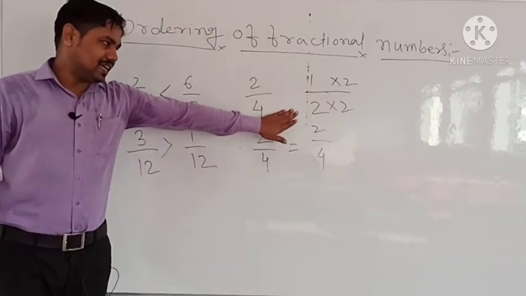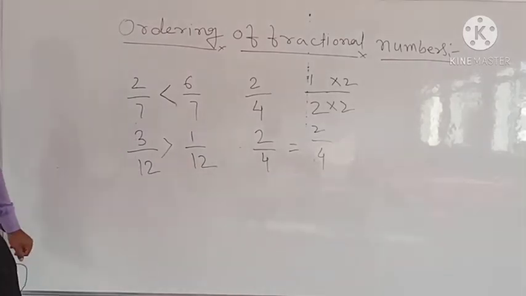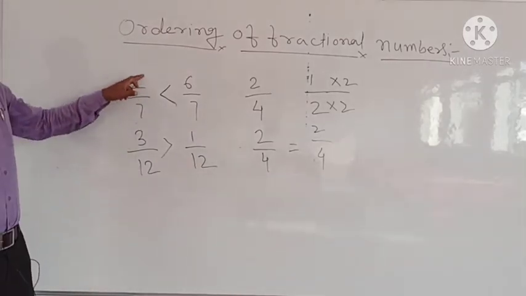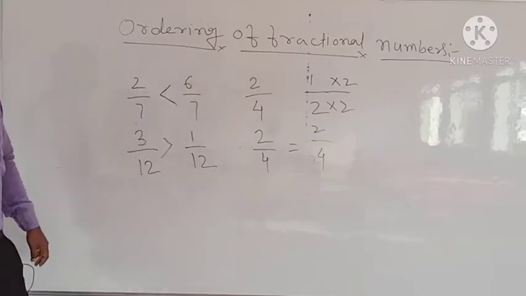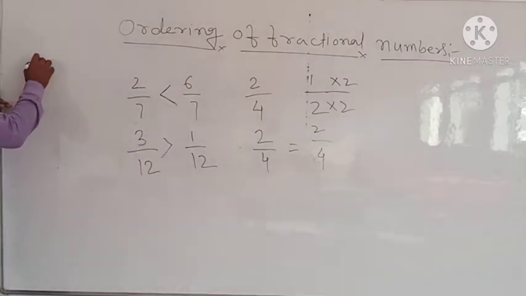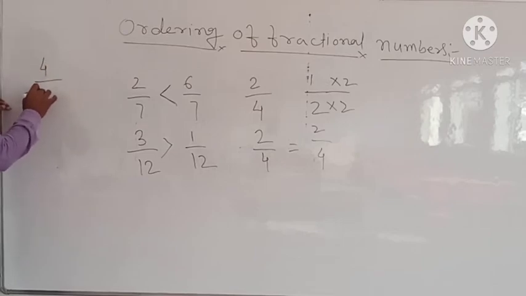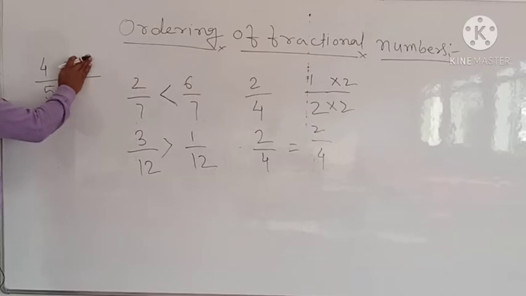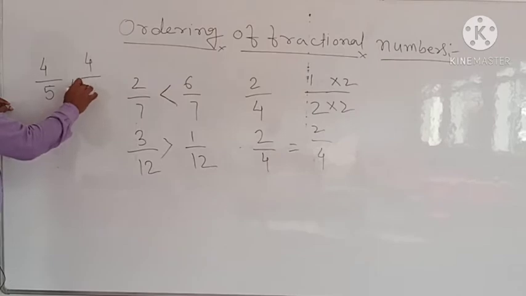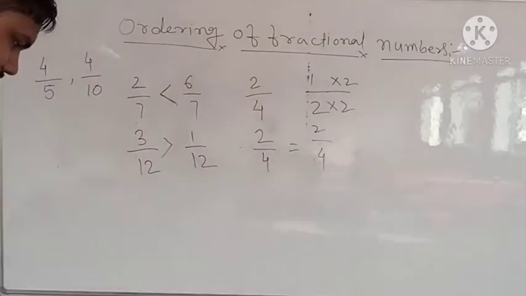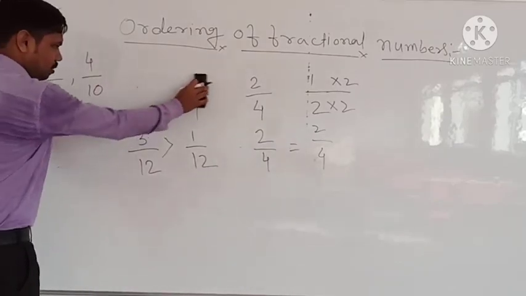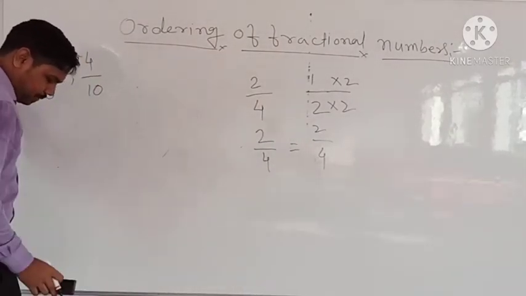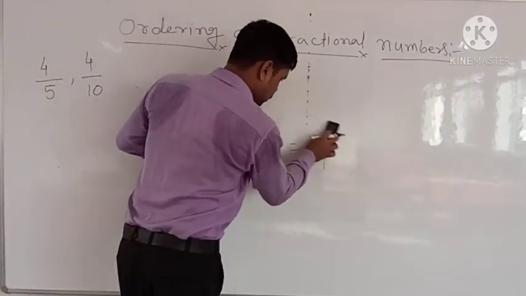Okay, so in that case we will see. Before that, we'll see now the case when the numerators are the same and the denominators are different. If such a case occurs, for example let's take 4 divided by 5 and 4 divided by 10. Now the numerator will be the same. To understand this, I will draw a picture. You will understand with the picture better than with the examples.